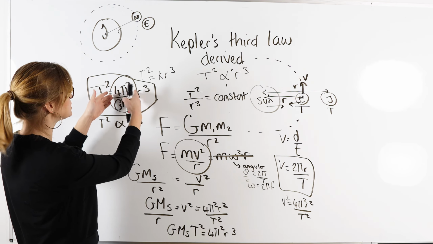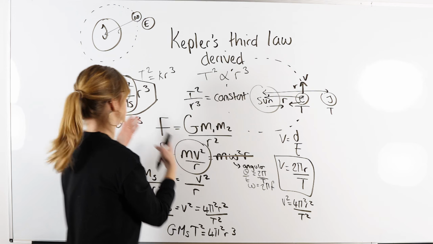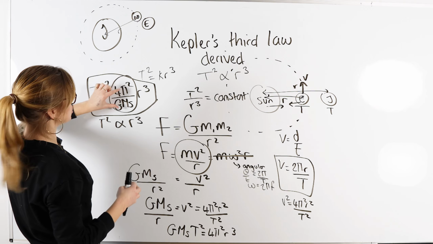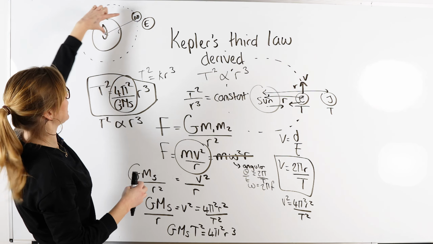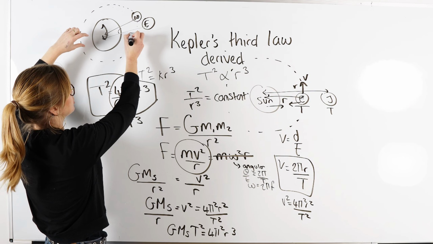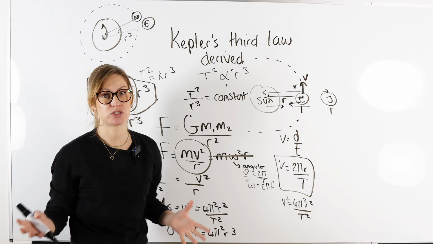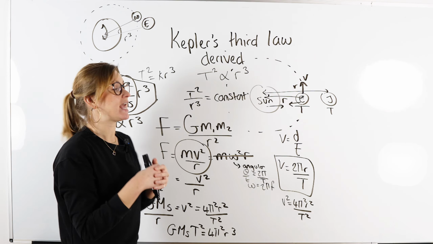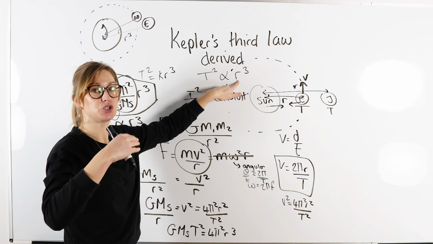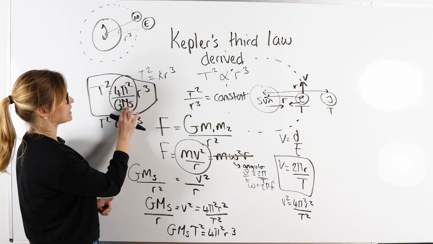Okay, so then the constant will change each time for different systems, but for a set system, all the planets orbiting the sun, it's a fixed constant because we use the mass of the sun. For the system of all the moons orbiting Jupiter, it'll be a fixed constant because we use the mass of Jupiter to show that the time period squared for each moon is proportional to the distance between that moon and Jupiter cubed. Maybe we look at a different planetary system beyond our solar system, so a different star with planets orbiting. Again, all the time periods squared of those planets orbiting that star will be proportional to the radius cubed, the distance they are away from that star, and the constant will just use the mass of that star that those